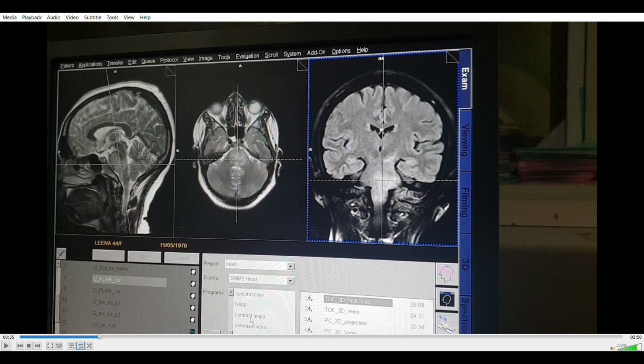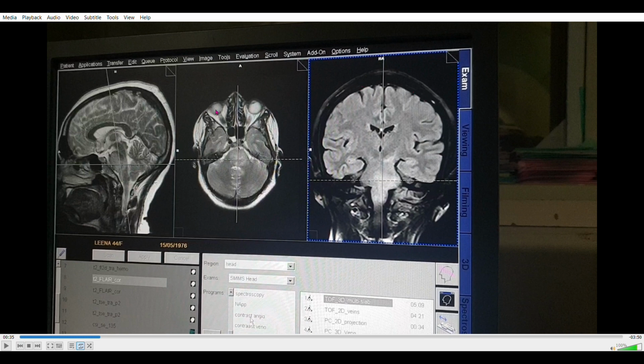We have acquired all three planes of images now. I'll play the video continuously so that you may understand what we are dealing with here. Right now we have all three planes ready for planning the spectroscopy.